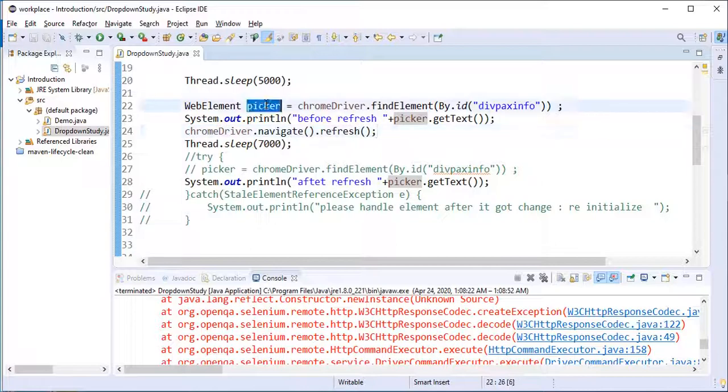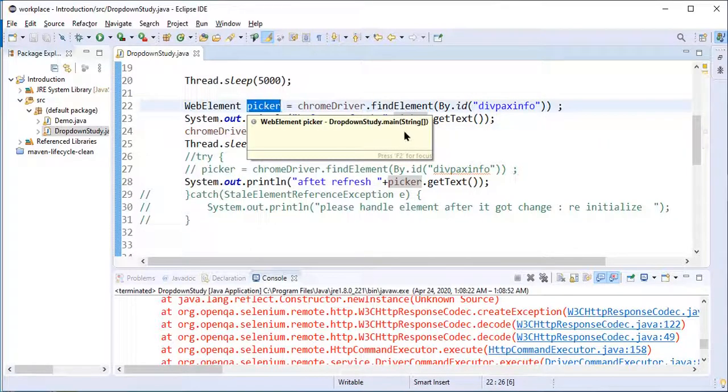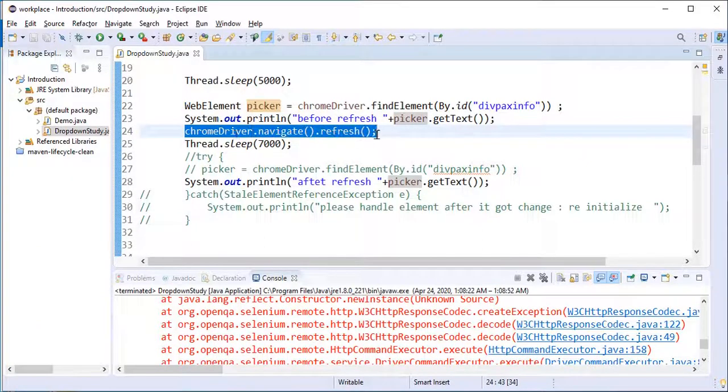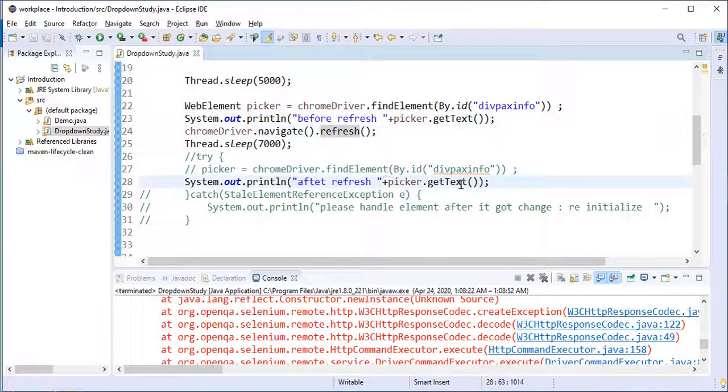This element is saved in the picker variable, and we use it first. After that our page gets refreshed, or your object or element gets refreshed according to your scenario. Then I am using it again after the refresh, so the exception will come.